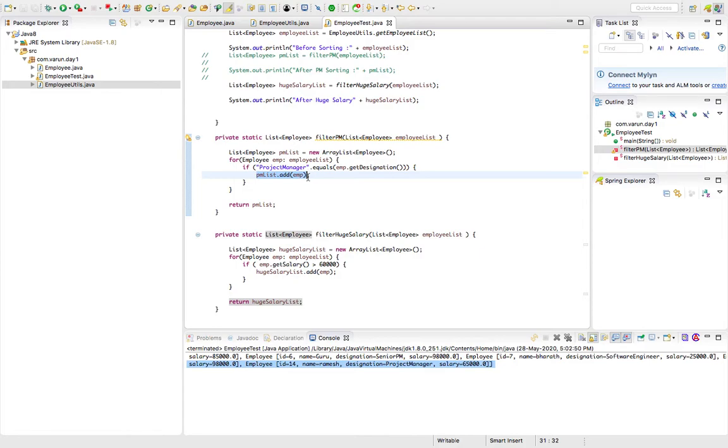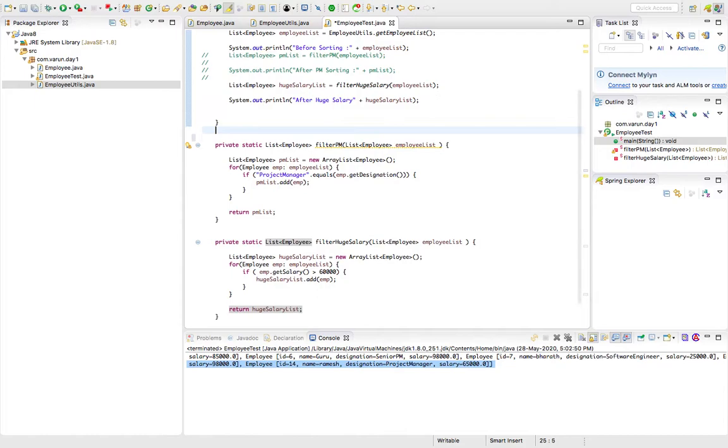It will take an object as an argument and it will return a boolean. So to that predicate we will pass our actual logic at runtime so that the boolean can be written based on that. So I am going to modify this, so let it be for the time being.